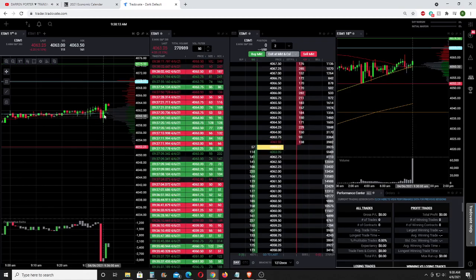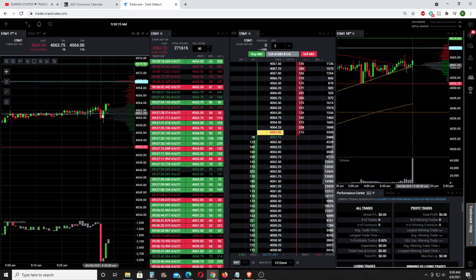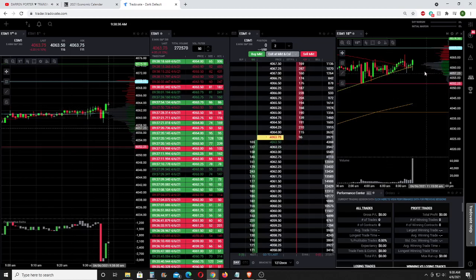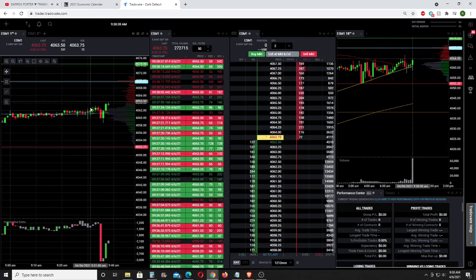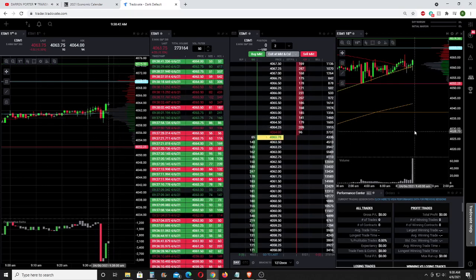Alright. It bounced right off the 9 period moving average and the VWAP here. And there's a volume shelf here, or a lot of volume in this area, which it could bounce off of. So yeah, based on the price action, now I'm leaning more towards long, clearly. Based on this price action, based on where all the indicators are.